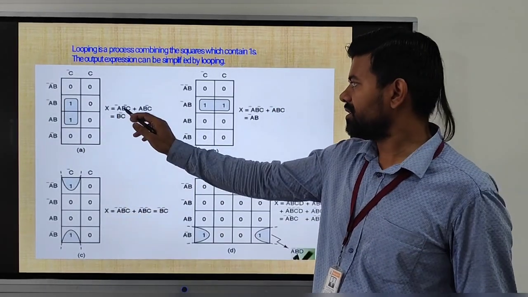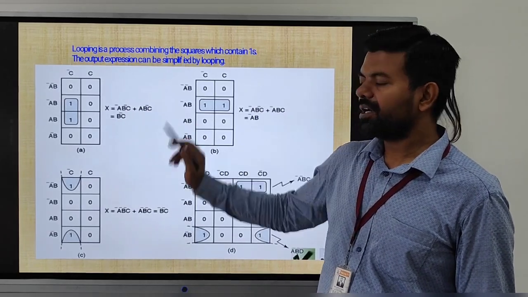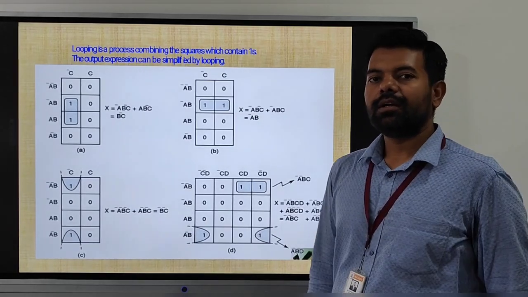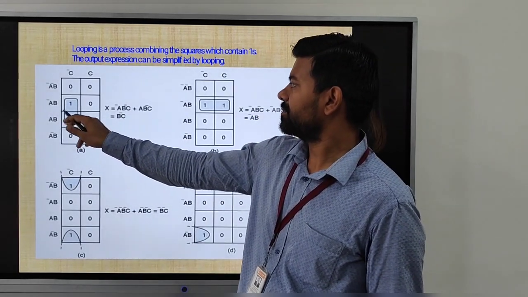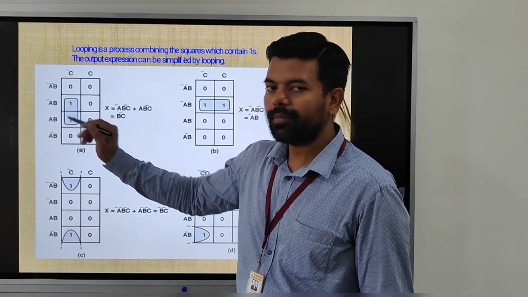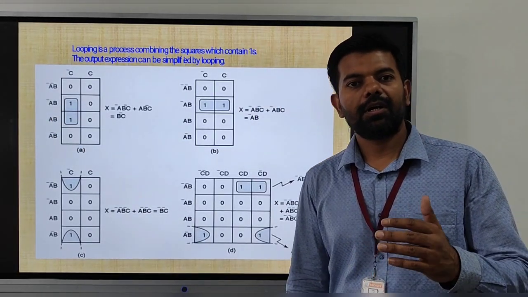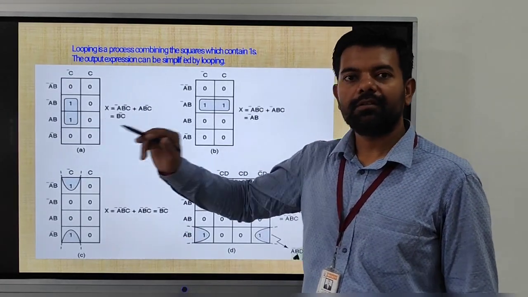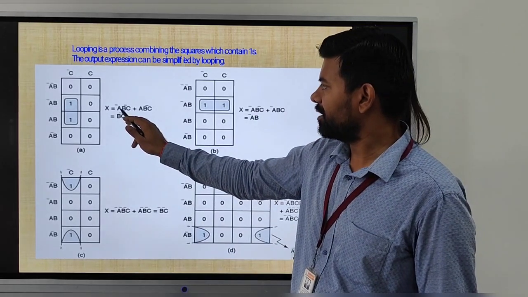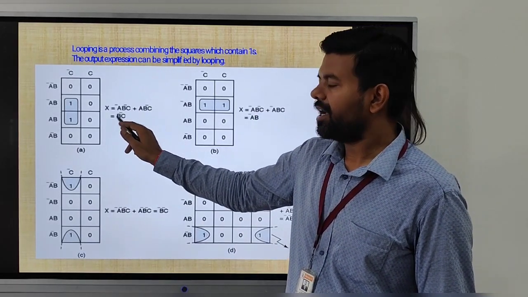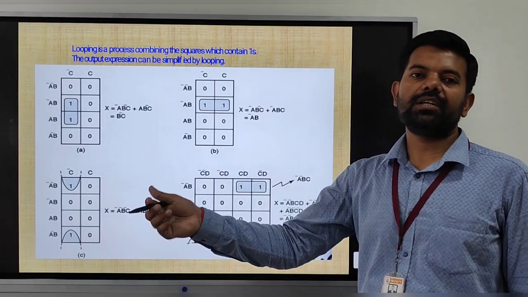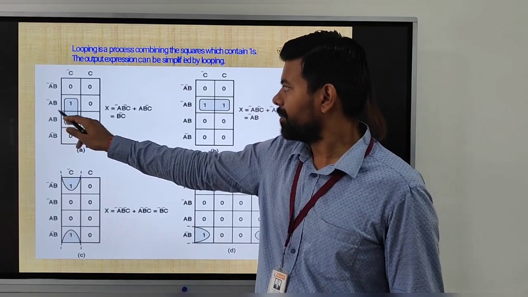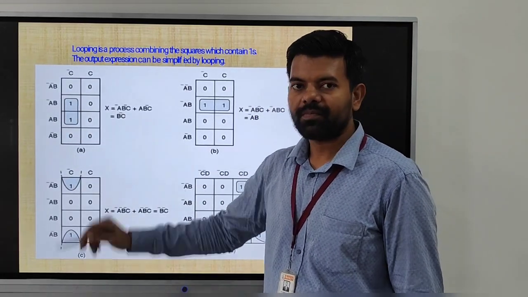Now the simple expression is A bar B C and A B bar C, and this is B bar C, the simplified Boolean expression. In this, see, A bar becomes A, means the variable appears in complemented form and uncomplemented form. So what we have done, we have to eliminate that. Okay, A bar and A get eliminated, remaining all is present in the final expression. So A bar and A is eliminated, B and C bar is remaining in the final expression.